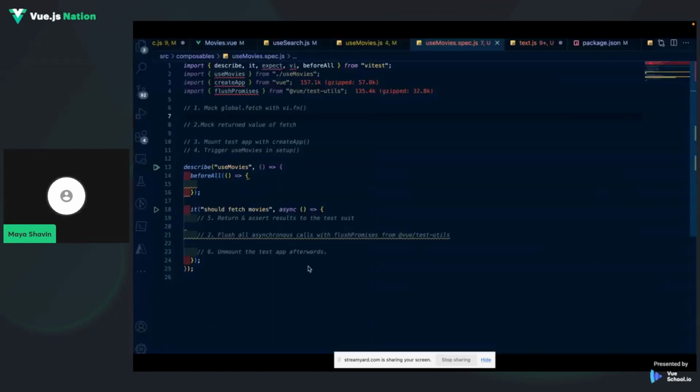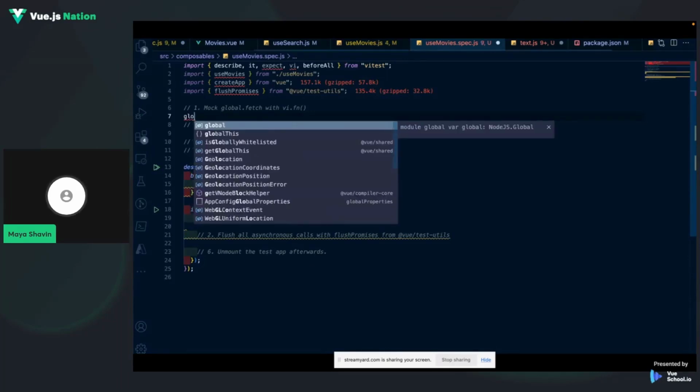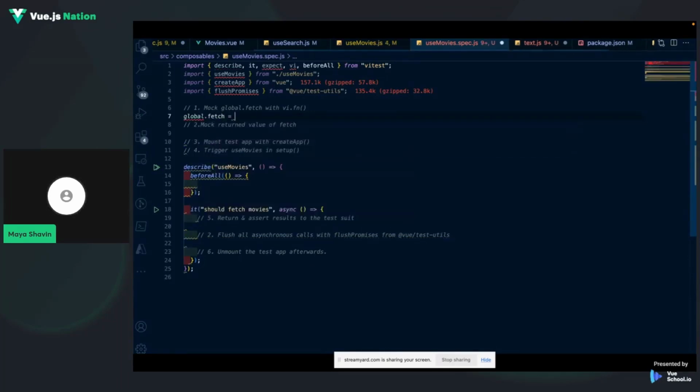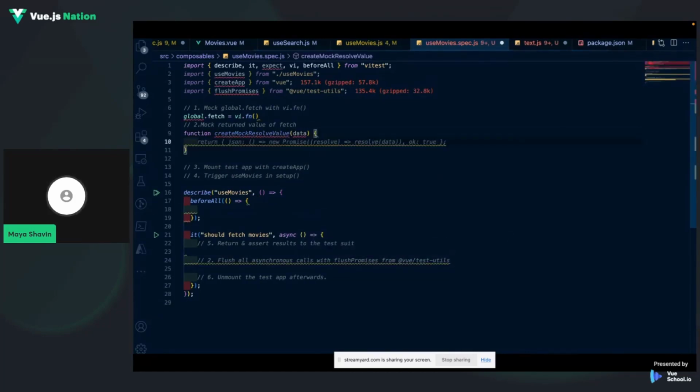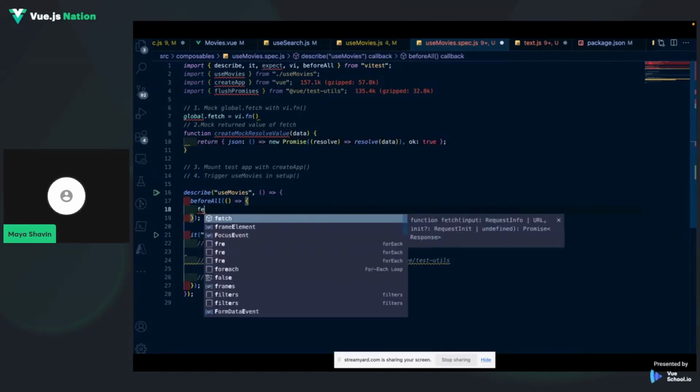Unclear? Okay, this is how we're going to write it. First, we're going to mock the global fetch. That is very straightforward: global.fetch equals vi.fn. The reason I don't use window or spyOn is that it doesn't always work like that. You can also use an additional library for mocking fetch, but here, for the sake of simplicity, we're just using the normal fetch.